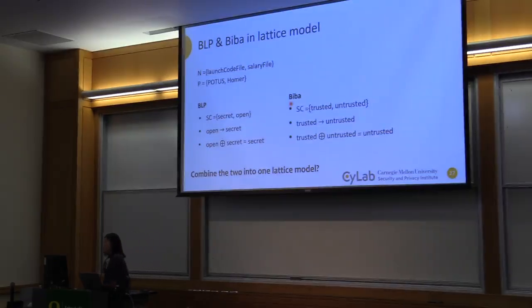It seems like files are secret or open, and then people are just interested, or are people going to be secret or open just interested? So here, program and data are the same thing at the end of the day, especially if you have a parallel function or whatever. So yes, everybody gets the same label. Doesn't matter whether people or file. So data and process get the same label.